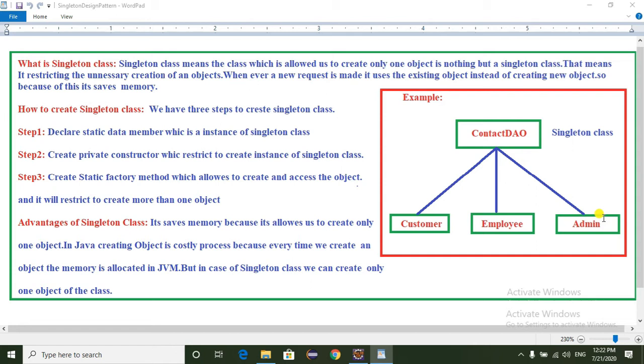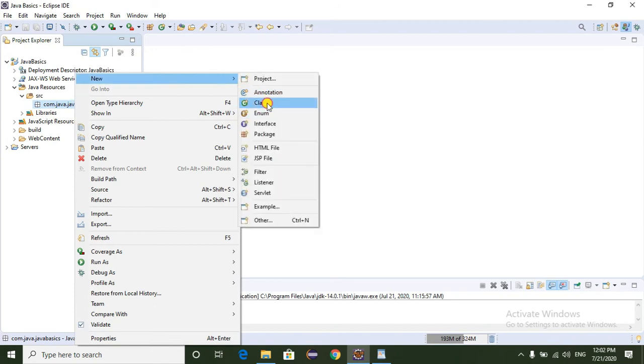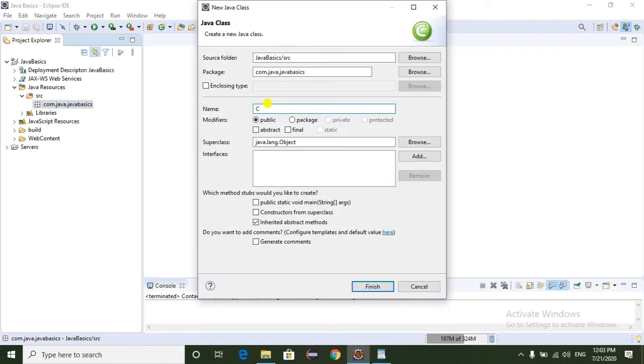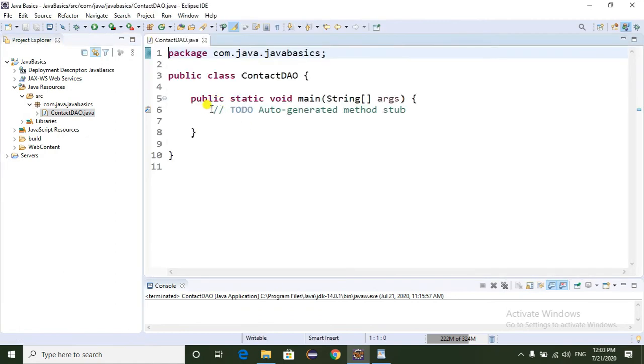Now I am going to show you how to create a singleton class. Just go to Eclipse and create a new class named Contact. I am selecting the main method and removing the comments.